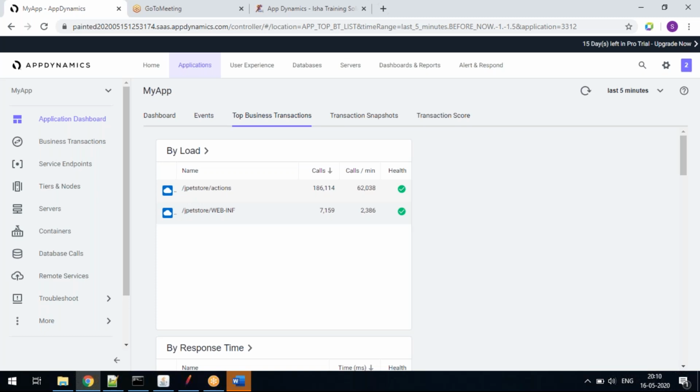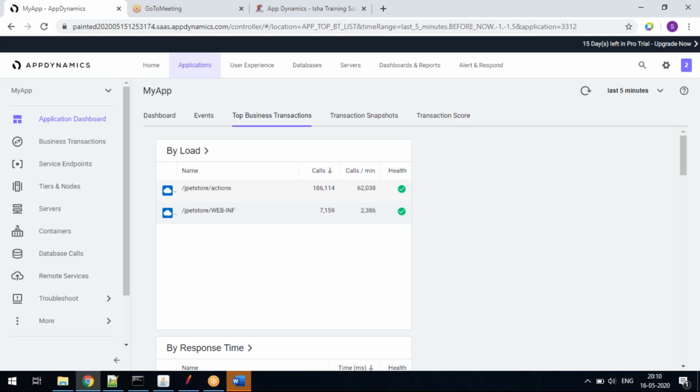So in order to give some kind of value to the work that you are doing, these APM tools are helping. For now I'm showing you this app agent, right? When you are going for our regular session, I'm going to show you the DB agent, server agent, those configurations as well, right? That time you will have an understanding of which layer is actually contributing a lot of time.